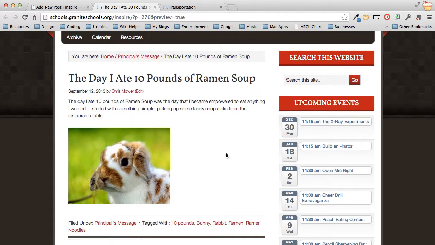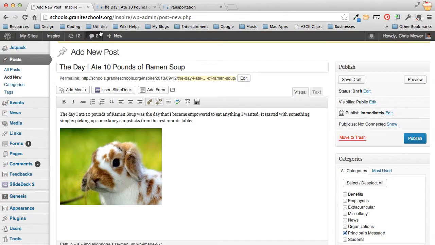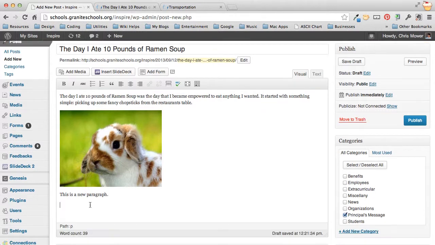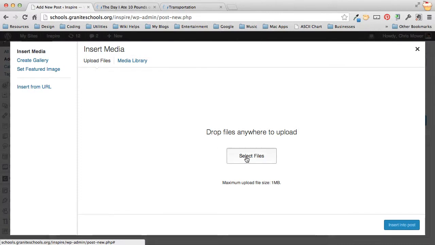Something that I still want to do though is show you how to add a PDF. So in a new paragraph, I've entered in a new paragraph. Let's add a PDF now. It's basically the same thing as adding an image. You come up here to add media, you select the file that you want,